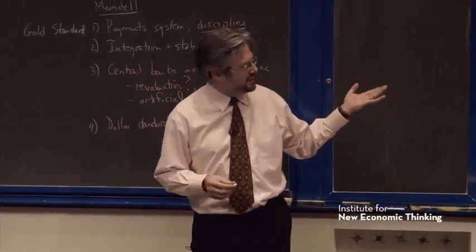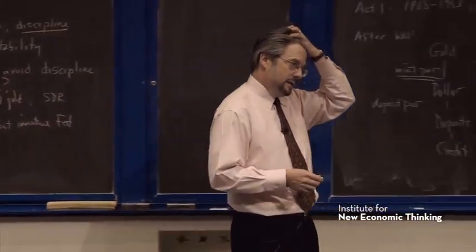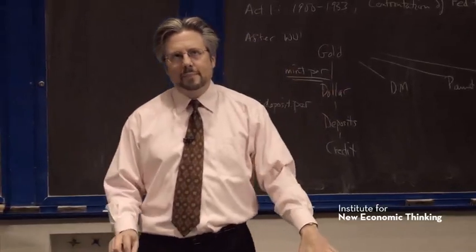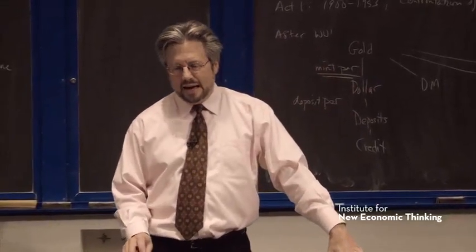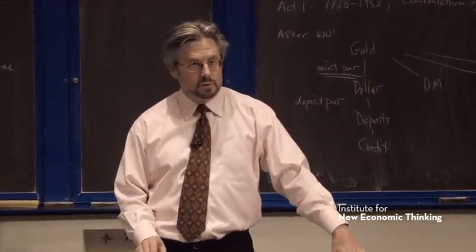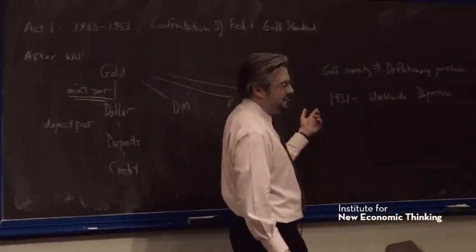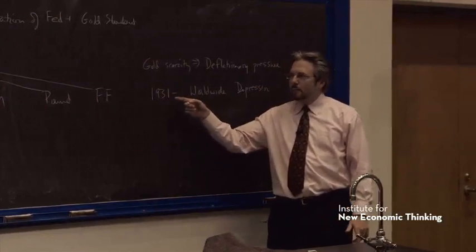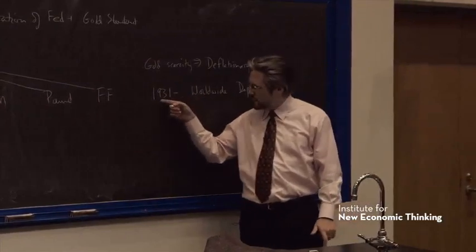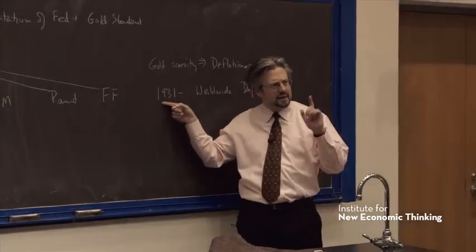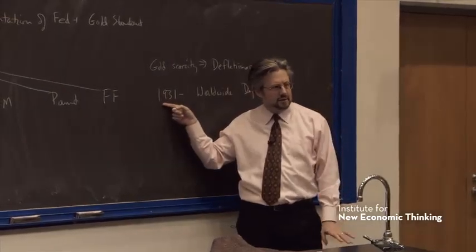This is an interesting theory. Some people go farther than that and say, well, why did the Fed make this mistake? Why did it do that? The New York Fed was run by a guy named Benjamin Strong, and he knew all the central bankers in the world. He was a very accomplished central banker. And one of his advisors was Alan Young, as a matter of fact, who was at Harvard. But I forget exactly when it was, Benjamin Strong died of tuberculosis in the late 20s. I think it was 1929. I'd have to check the date.